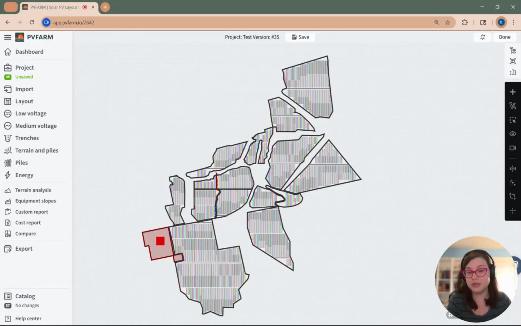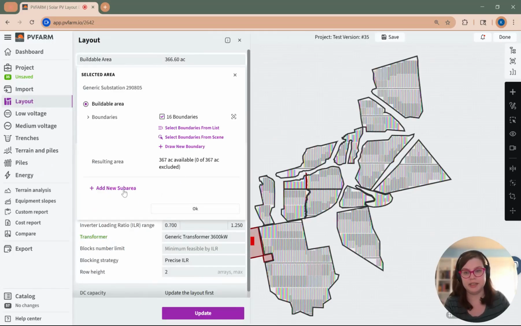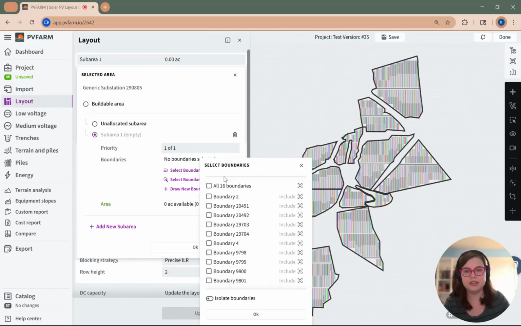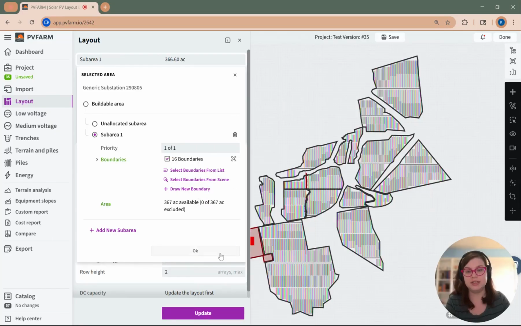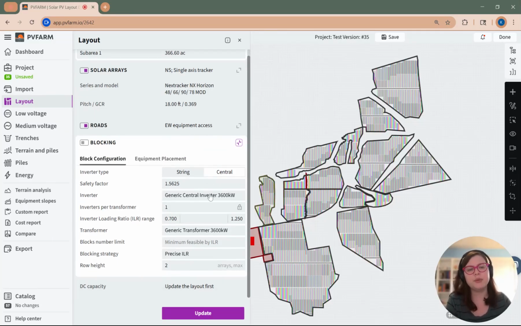For example, did you know you can assign priorities to your sub areas? I'm going to open up my layout tab and set up a sub area. We're just going to start off with all of our boundaries so that the entire thing is one sub area. Notice this is an unblocked layout, so we're going to come through and block this